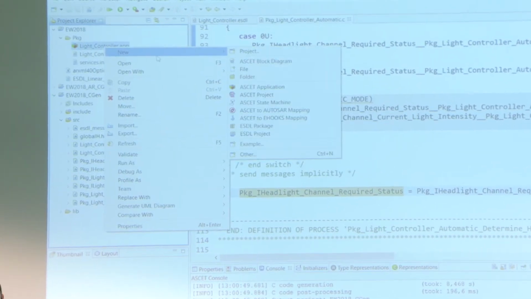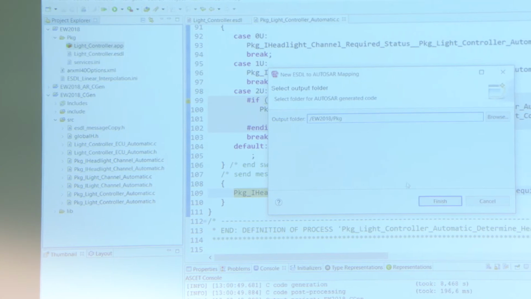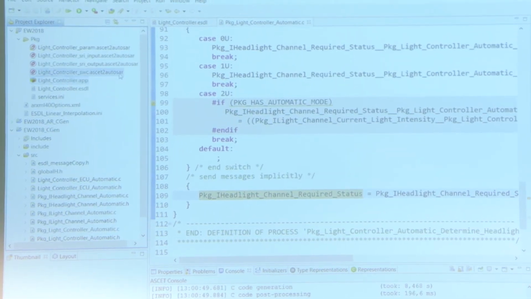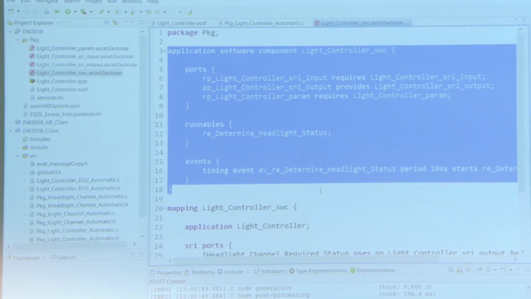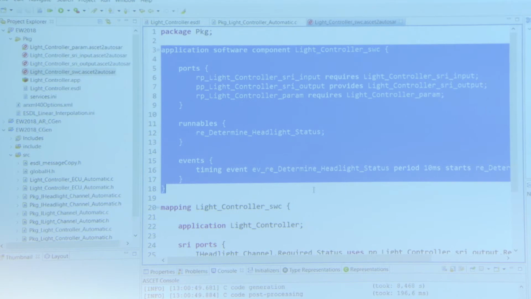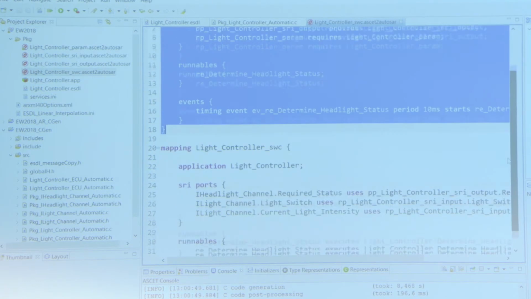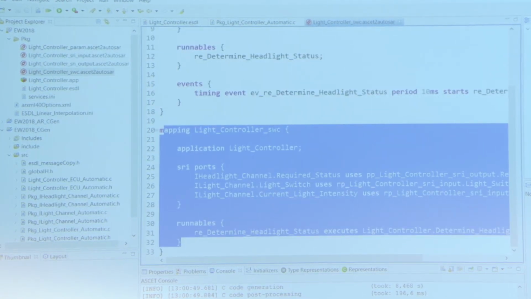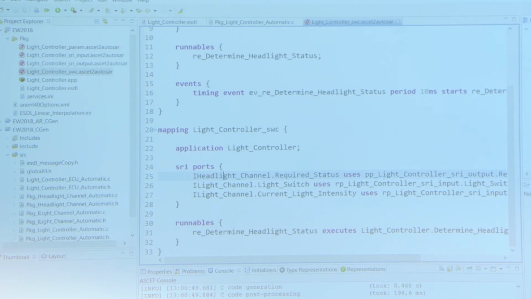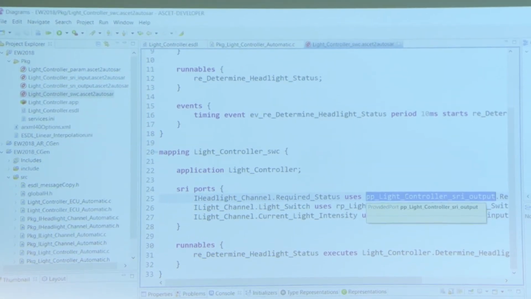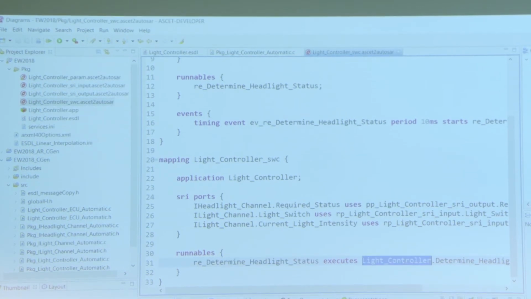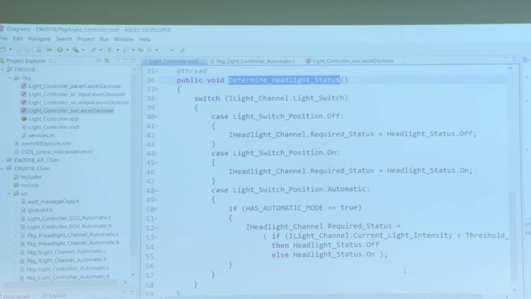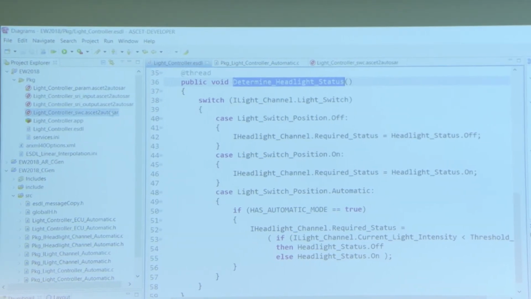So what we can do is we can say, okay, well, what I want is a new ASCII to AutoZAR mapping. Finish that, and let me open that. This gives us automatically a skeleton of that application software component in a language similar to RTOP. And we're going to use that to generate the IRXML. And then we've filled that with mapping. So we're saying, okay, map this ASCII signal here to this AutoZAR interface here, and map this runnable entity in AutoZAR to this model in ASCII. So if I hit F3, I can go back and see that's exactly that method there.